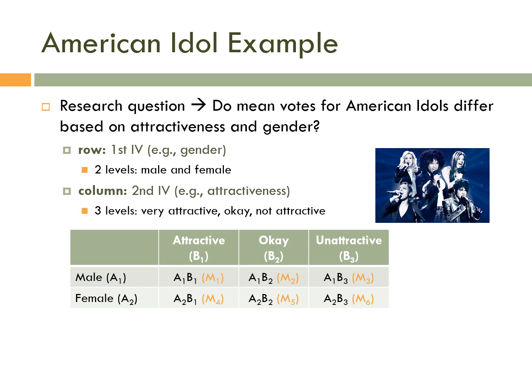So I could design it in my table, write it up here. I have my rows of male, female. I'm going to write this as my A variable, and then I have attractiveness as my B variable. So I can see each of the combinations of the attractiveness and gender. So you have the male and the attractive is going to be your A1, B1. And then you have your male and they're just okay, which is your A1, B2, and on and on. And you can see in parentheses, I have M for